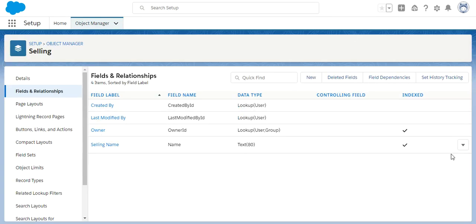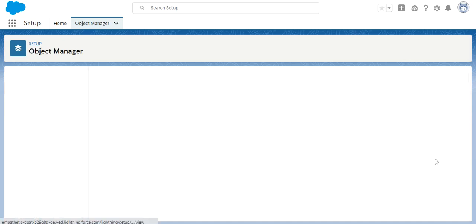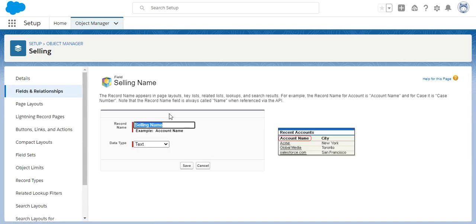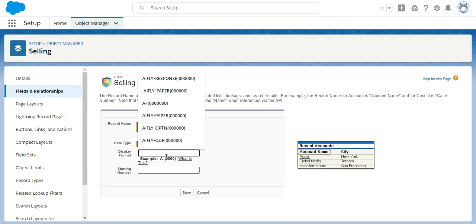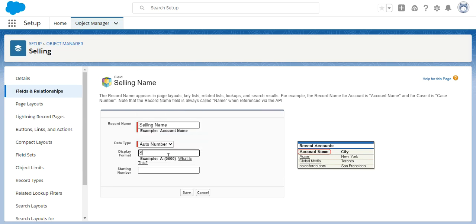Now let's make it auto number, and just give the format and save this.